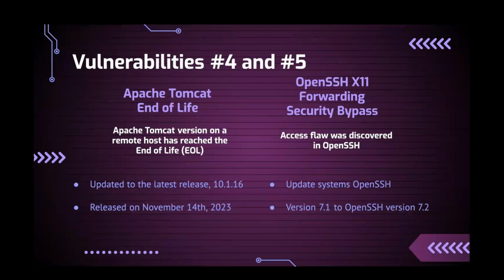So the last 2 vulnerabilities I'm going to cover before I pass it over to Cassidy are going to be the Apache Tomcat end-of-life vulnerability and the OpenSSH vulnerability. So first I'm going to start with the Apache Tomcat. So this was another end-of-life vulnerability like we discussed previously. So again, the version that we had installed on our systems was no longer receiving those security patches from its vendor. So we had to go ahead and update that to the latest version, released on November 14th, 2023, which